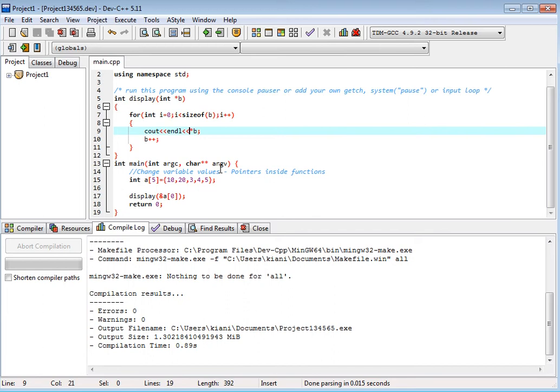First thing, the name of the array is the address of the first variable, 10. The name of a is the address of the first variable. We can pass a. Okay, b will hold the address of a. A means address of 10. So b plus plus means address of 20. Again b plus plus means address of 3. Again b plus plus means address of 4. Okay, so this is less than size of b. That is why we have 10, 20, 3, 4, not 5, right? To see the loops also.